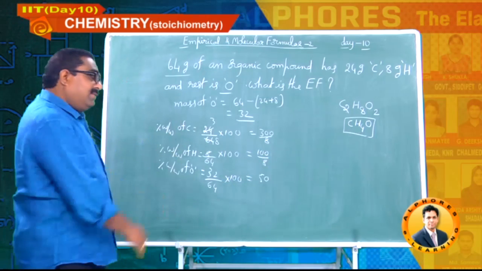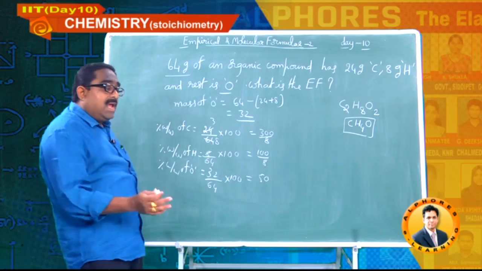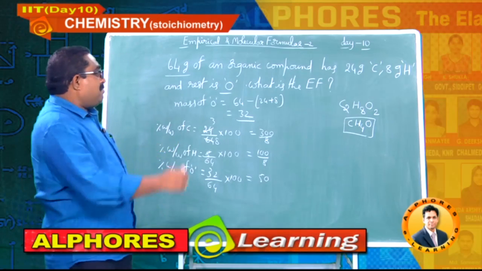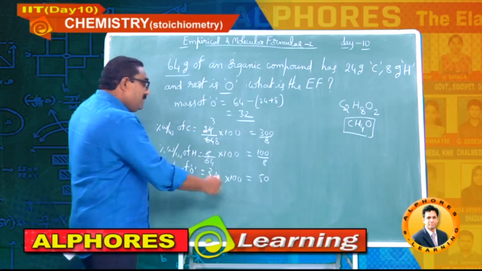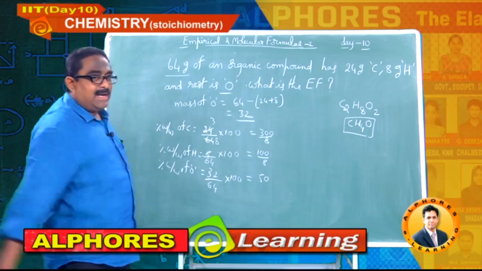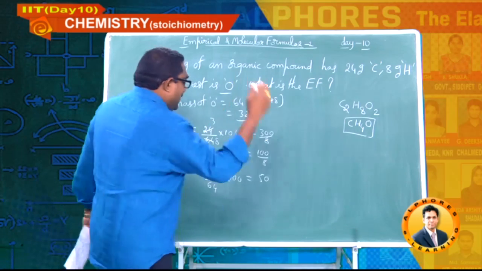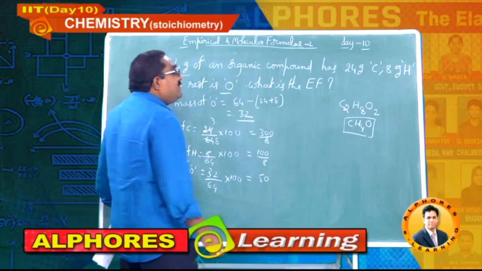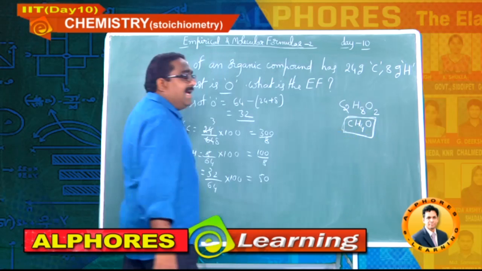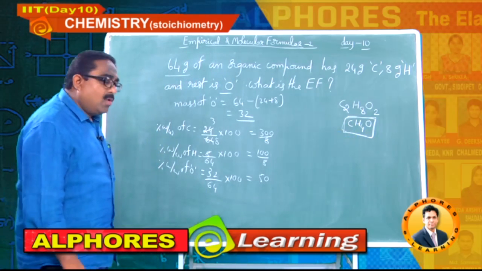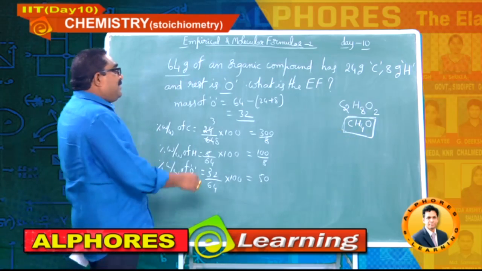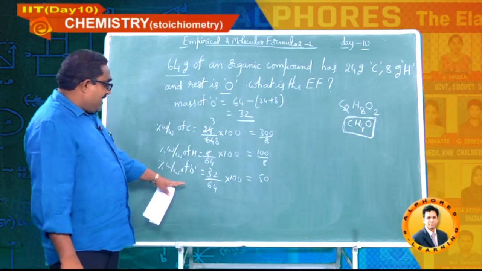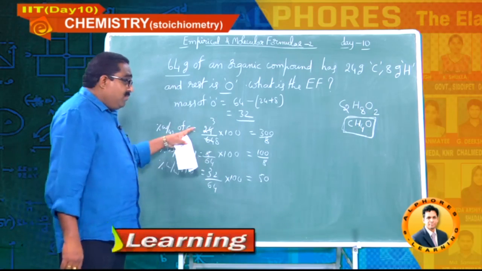So after getting this, again you can follow the systematic procedure by taking mass percent and then dividing with respect to atomic masses, and the same procedure you should follow. In such case also, again you will get the empirical formula as CH4O. Okay students, please write down this first approach up to here, then I will continue. I will show you will get the same answer if you follow this.